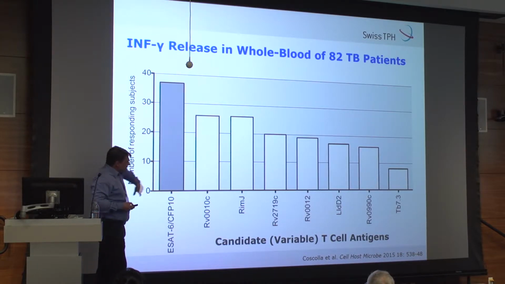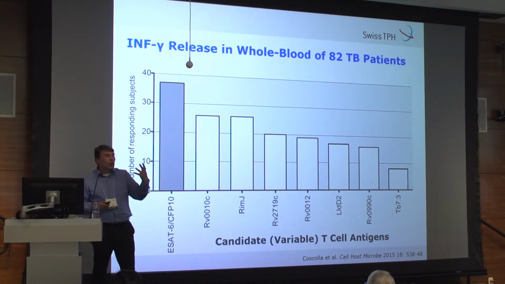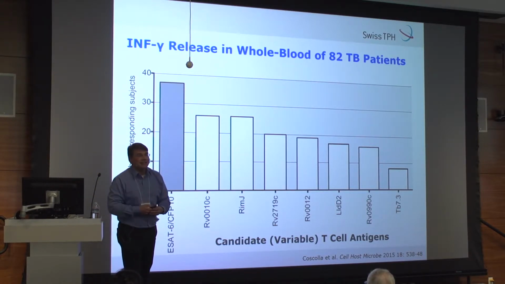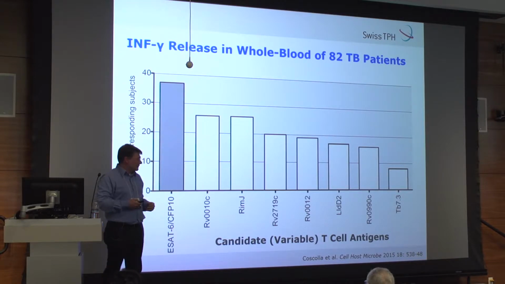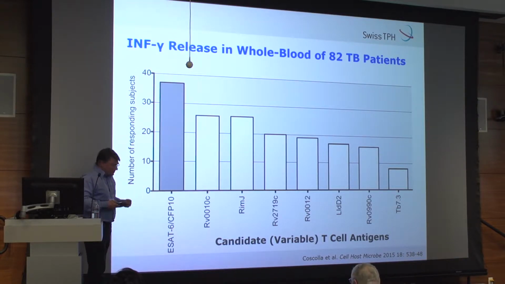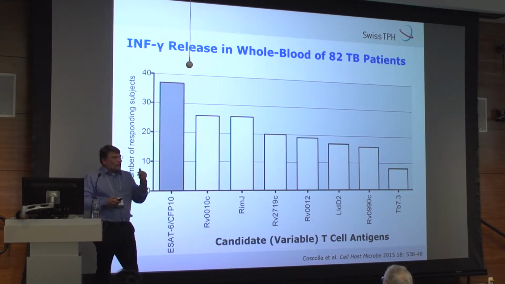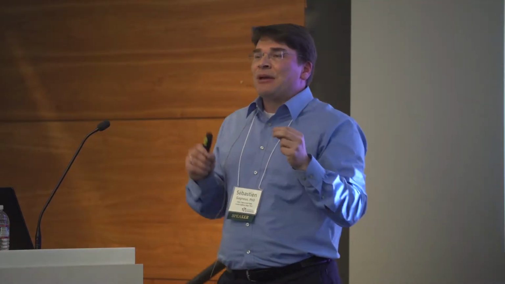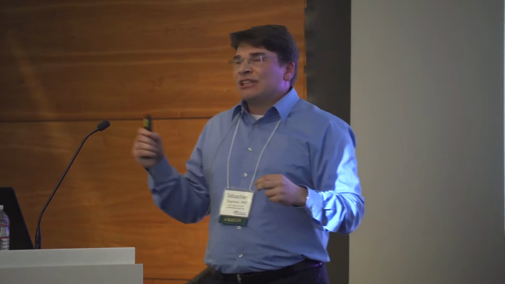And yes, indeed, so these are the 7 genes. That's the number of patients who actually responded, somehow recognized these epitopes across these 7 genes. Now, we also did something else. For each epitope, we actually designed 2 different peptides. One which was kind of the wild type, and another one which was a mutant version based on this variation